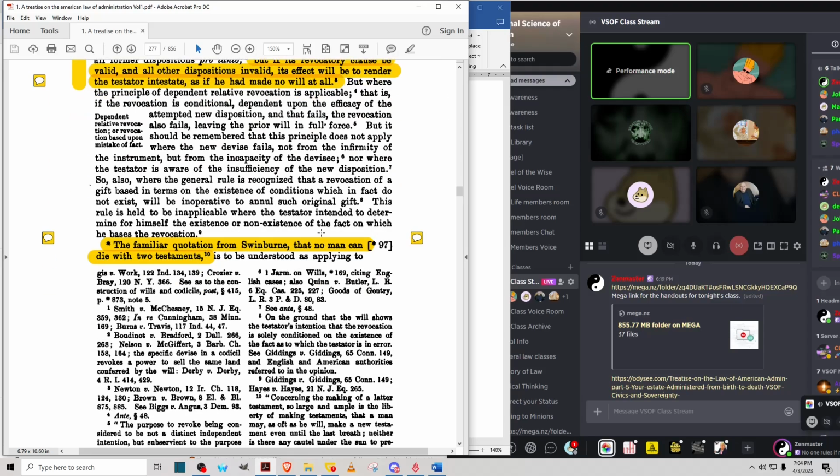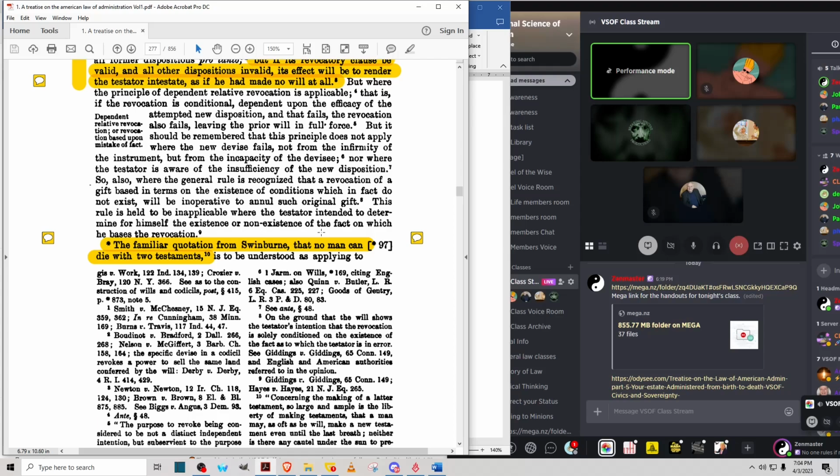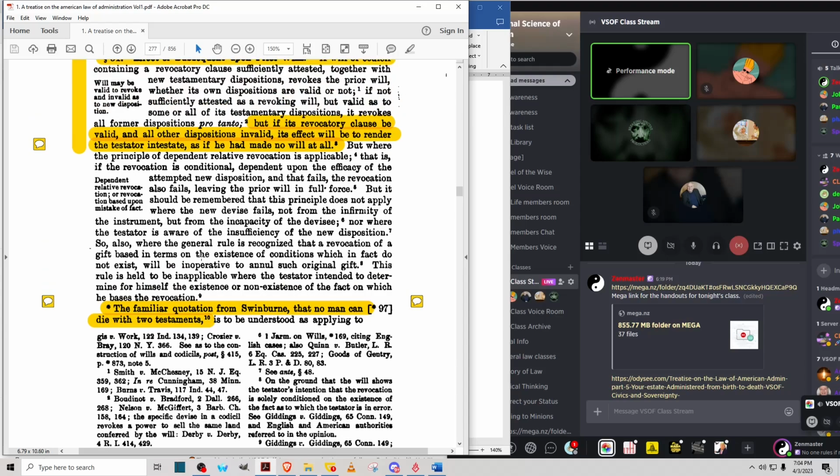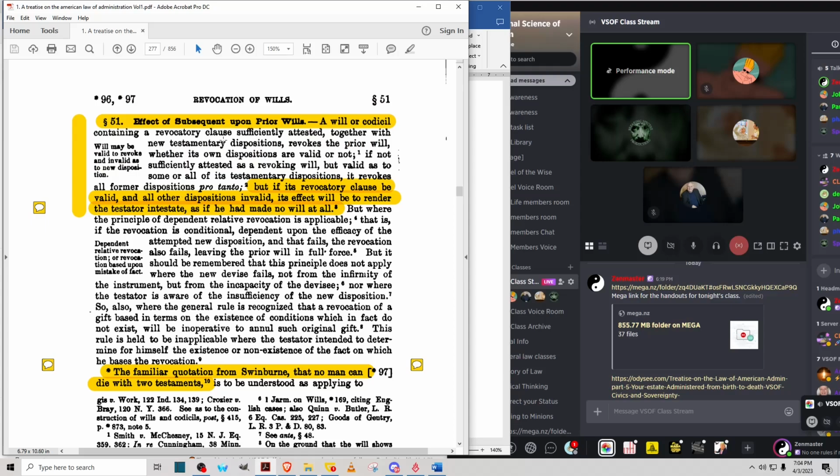So the familiar quotation from Swinburne that no man can die with 2 testaments. So that's the point. So when we come in and we're creating our will and we're putting it down to the public record, all the prior things that have ever been done, all the administration, all of the taking of the res of the estate and placing it into constructive trusts, which are vast, or minor accounts anywhere, which are also vast, all of those end up being revoked, because the heir of the estate has properly come forward, they've been found to be living, they have come of full age, and they are competent to handle their own affairs,